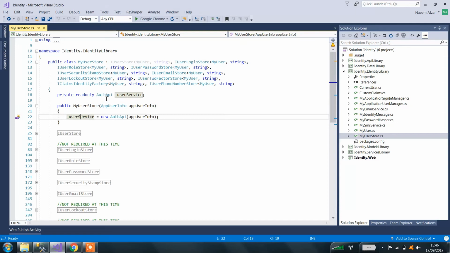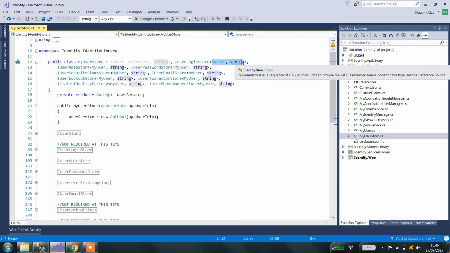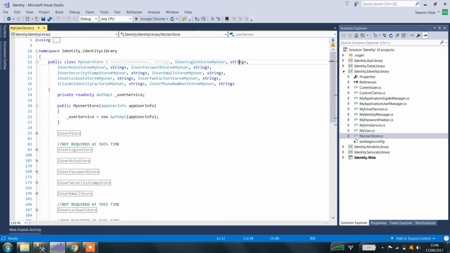User service is my logic layer, which has all the methods for getting user, registering user, all these methods. I've implemented the IUserStore, IUserLoginStore, IUserRoleStore, and all of these possible interfaces from ASP.NET Identity which I could find. I've implemented them here, and you see they all use the same two types: what the type of user we have and what is the key type. And I'm using string. There's a reason why I'm using string, because I can reuse this even with integer and